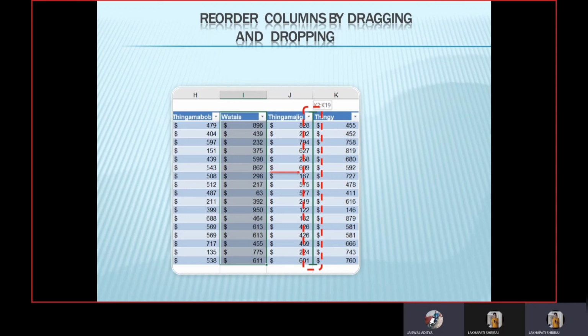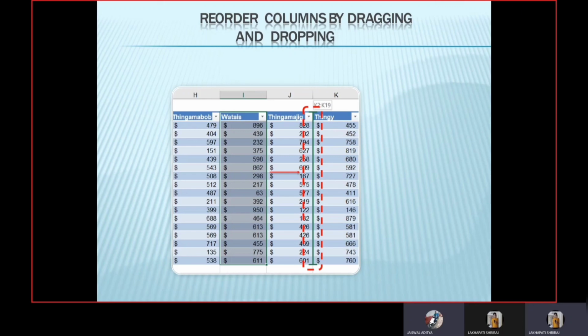For this, we first have to select the whole column by pressing Shift Control Down Arrow. Bring the mouse to the edge of the column bar, either side, and then drag towards the required side. This is how you will be able to rearrange or reorder the columns as per your requirement.